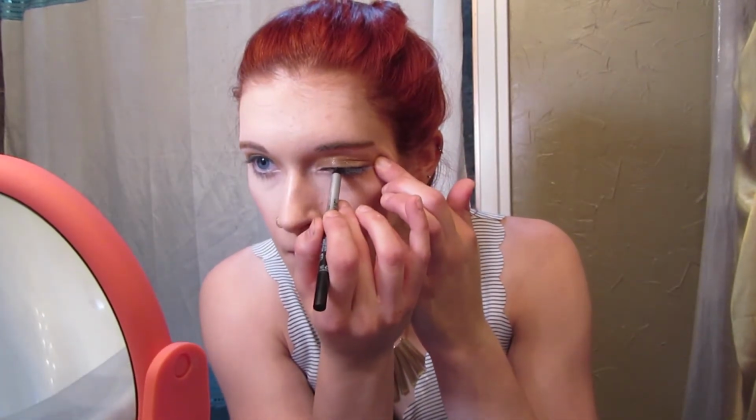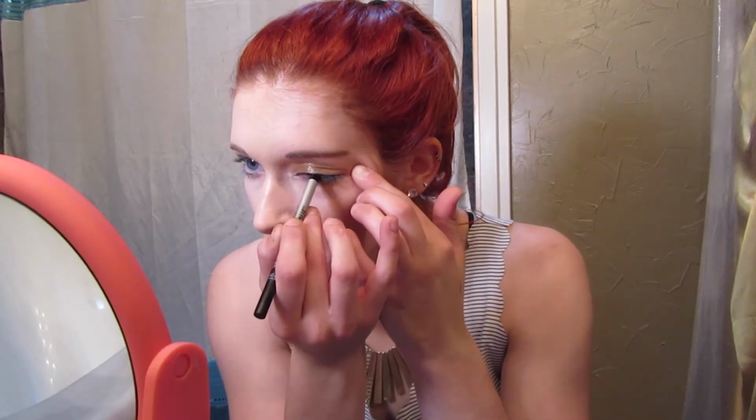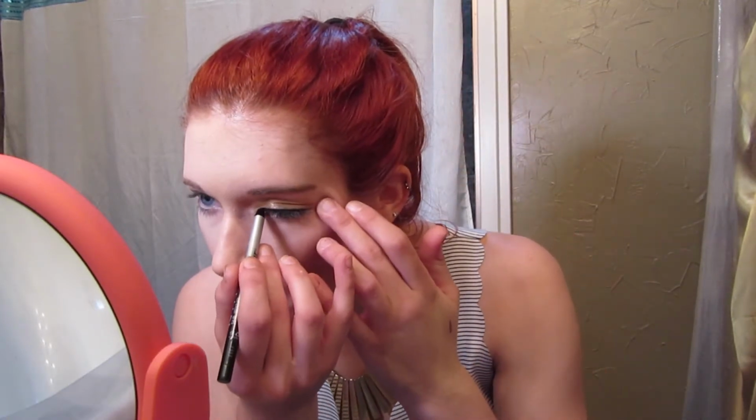This stuff is actually pretty good, and I've only been using it for a few days. And I'm going to really tight line my eyeliner today, so you can see that I am cheating by pulling my lid, which is not good for you. Don't want to do that, but you know, you have to do what you got to do. So sorry my mirror is in the way. In order to tight line, I had to pull it forward a little more,